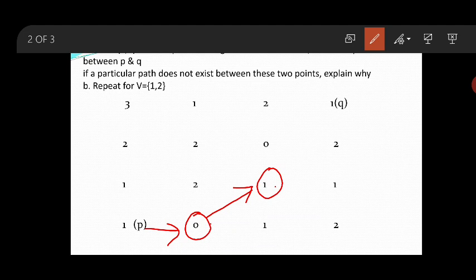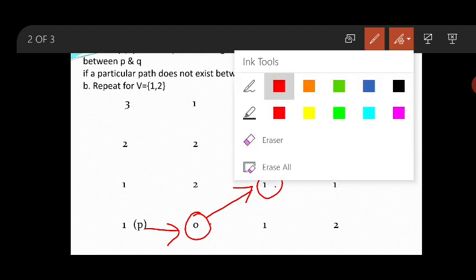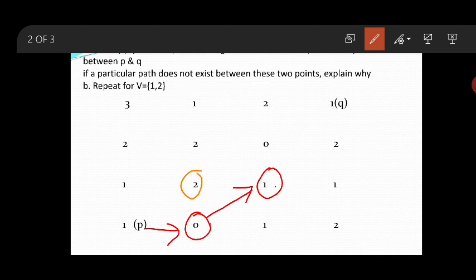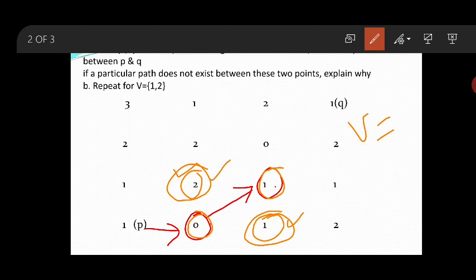These are the common pixels, the intersecting pixels. For 0 and 1, these values, I'm just repeating, should not be from V. Means if the intersecting pixel values are not from the V, then only you can make a diagonal connectivity.